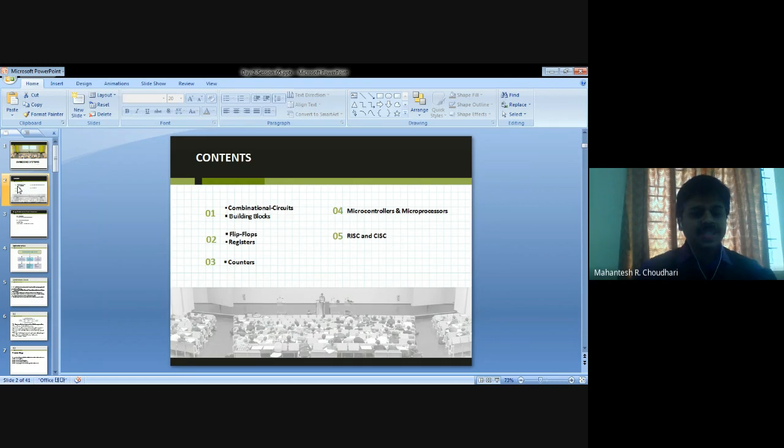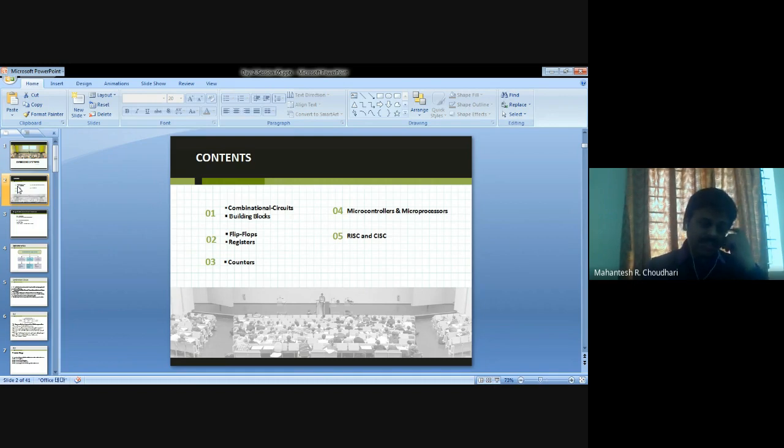So in this session, we are going to go ahead with the contents that you have here. The first one is based on combination circuits: how combination circuits are made, what the requirements are, how they are built, and the building blocks involved. Then, after making those building blocks, the ones involved with flip flops or registers, you are going to study.